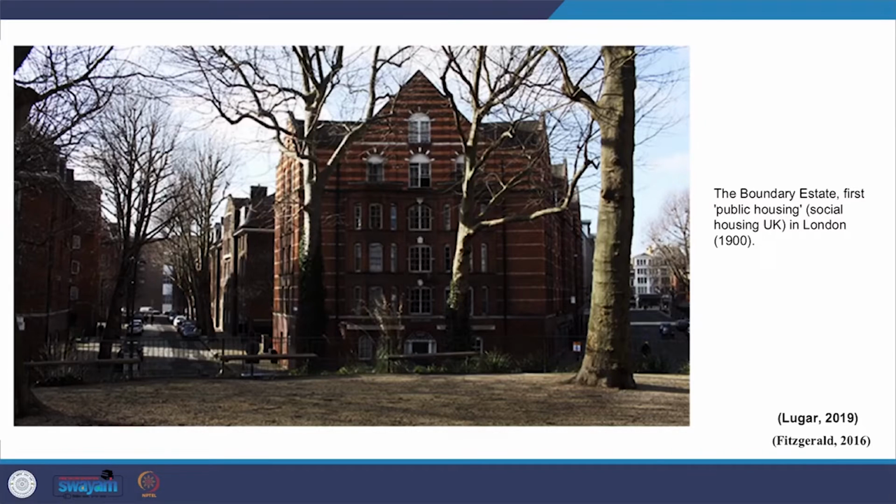Because of the efforts of urban reformers like Charles Booth, understanding increased that planning had a huge role to play in the modern city in improving living conditions for the urban poor as well as for the wealthy. Following this, public housing, which was also aesthetically appealing and contained modern technologies such as water and electricity, became an important aspect of modern planning. In this image, we see the Boundary Estate, the first public housing, known as social housing in the UK, in London,